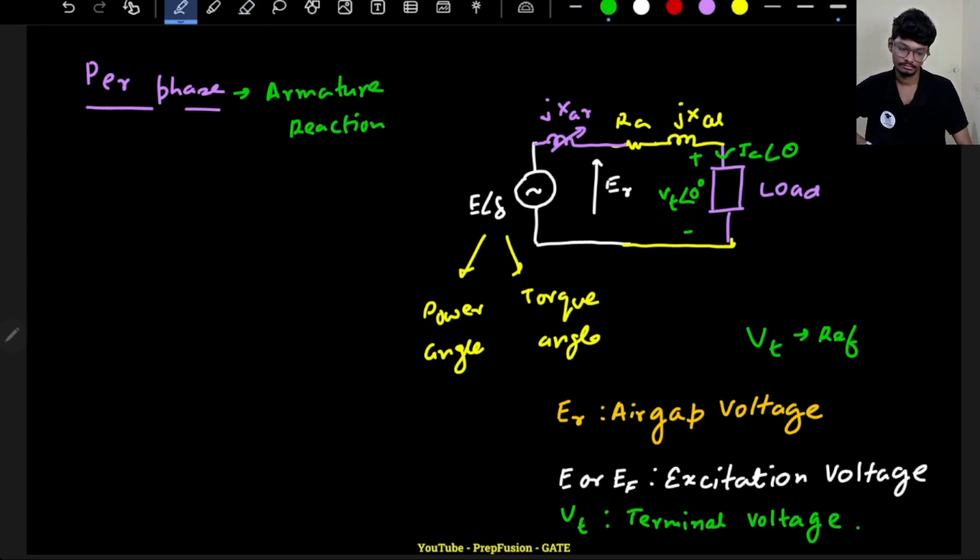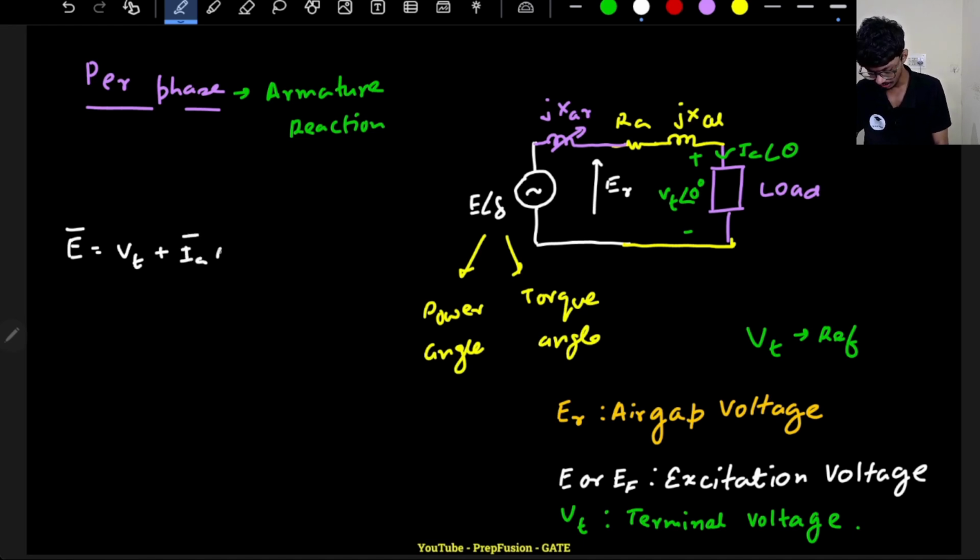Okay, terminal voltage that the load will absorb. Now let's discuss what the induced EMF E is equal to with respect to the phases. So induced EMF E will be equal to, first of all, Vt, just simple KVL, right? Vt plus Ia into Ra